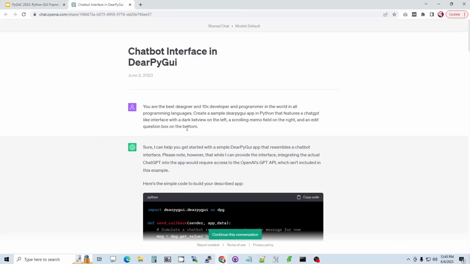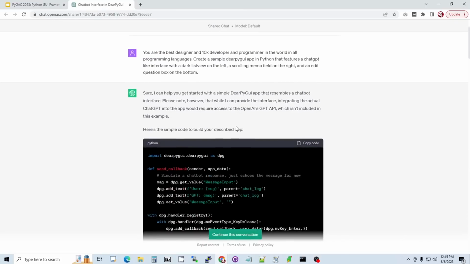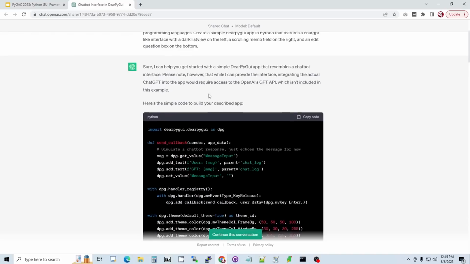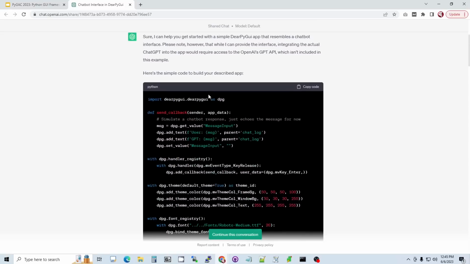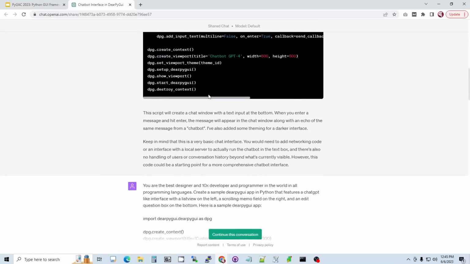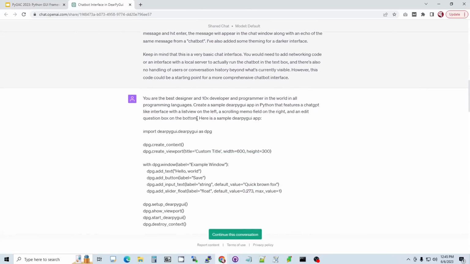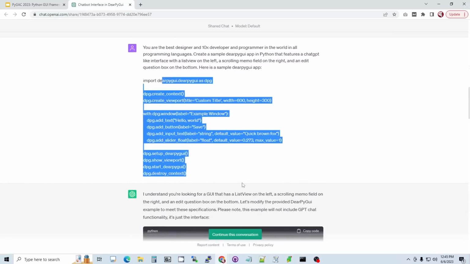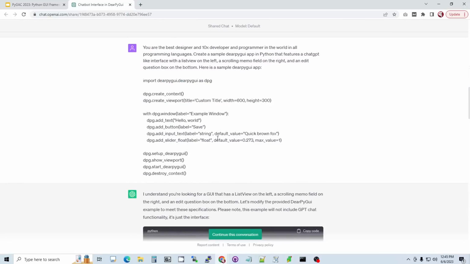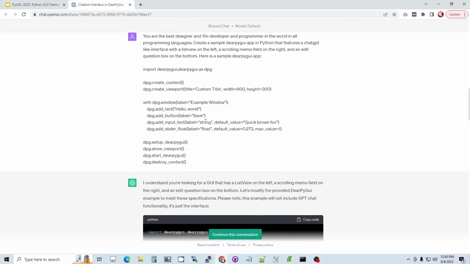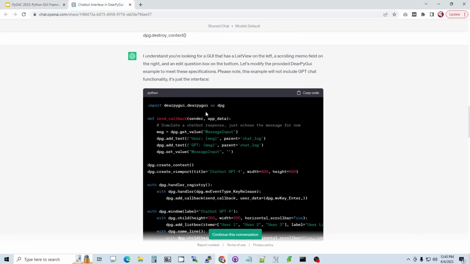And finally, we have Dear PyGUI. And so here is my prompt, and here is what it generated. Looks like I didn't even pass in a sample on this one. Oh, and then it didn't work out. So then I did actually pass in the sample. So here's the sample and my prompt, and here's the code that it generated